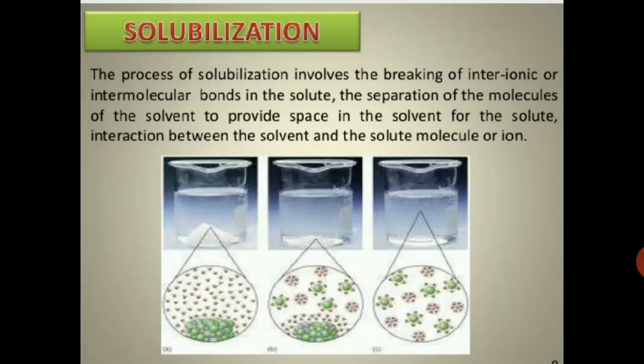After describing solubilization, I will discuss some definitions like solution, solute, solvent, saturated solution, and unsaturated solution. A solution is a mixture of two or more components that form a homogeneous mixture. The components are referred to as the solute and the solvent. Solute is the dissolved agent, the less abundant part of the solution, and the solvent is the component in which the solute is dissolved, the more abundant part of the solution.